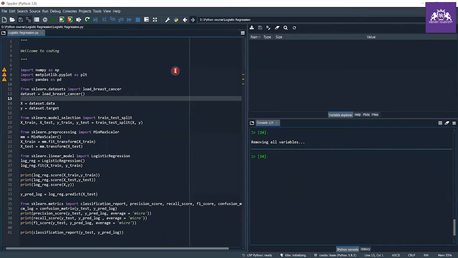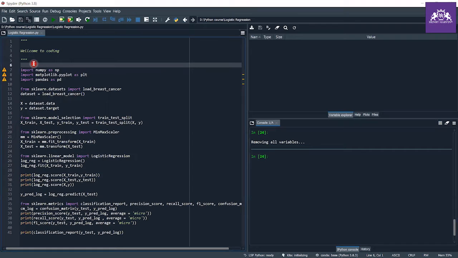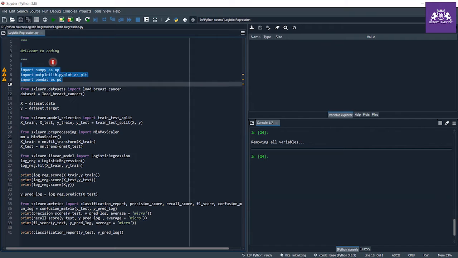Now we are going to do the coding session for this logistic regression algorithm of the machine learning family. Logistic regression belongs to the supervised learning family. So let's start. As you can see, I just set my path to the Python course. There I make a subfolder called logistic regression, and in this subfolder I make my Python file and name it logistic regression.py. In this Python file we are going to do our coding session for this logistic regression algorithm. First of all, let me import some basic libraries.